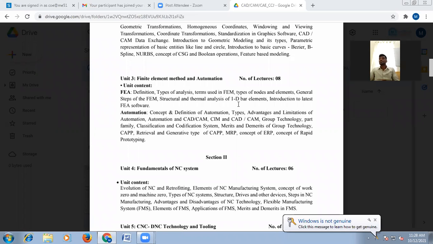Okay, so once we identify the group, then the part family, then retrieval and generative types, the CAPP. CAPP is nothing but computer aided process planning. Once you decide the manufacturing of any particular product, for that product we have to make one process plan, and according to that process plan our system will follow that path. Then second is MRP, ERP, the concept of rapid prototyping. MRP, ERP, enterprise resource planning, material requirement planning, then rapid prototyping, all those things come under this CAD/CAM, not